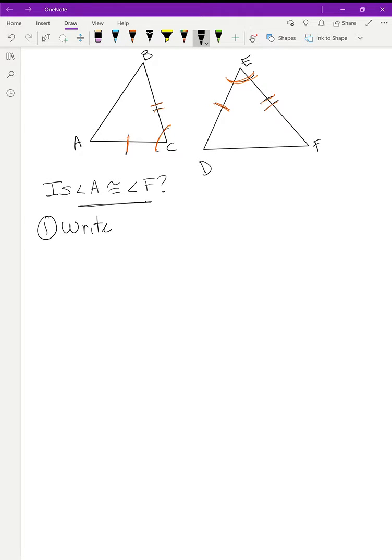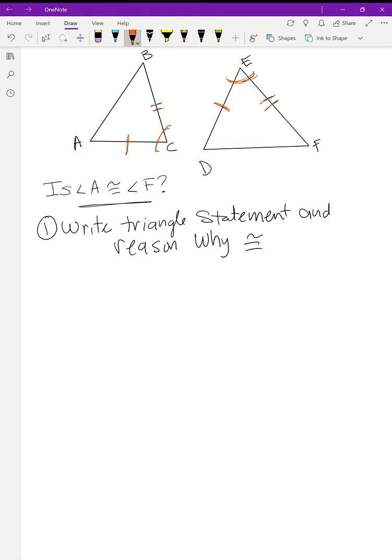a triangle congruence statement and reason why they are congruent. Why congruent? So on this one, I could say that triangle ACB is congruent to triangle